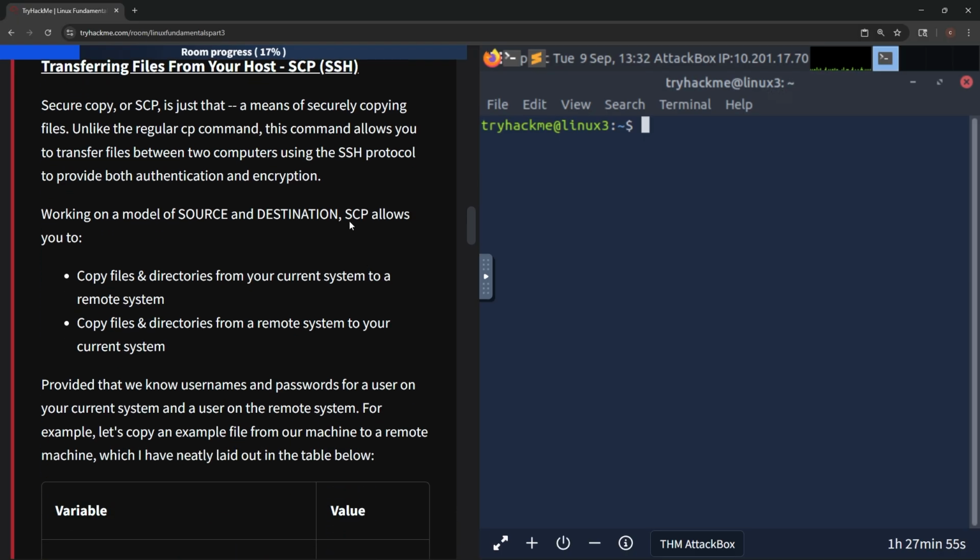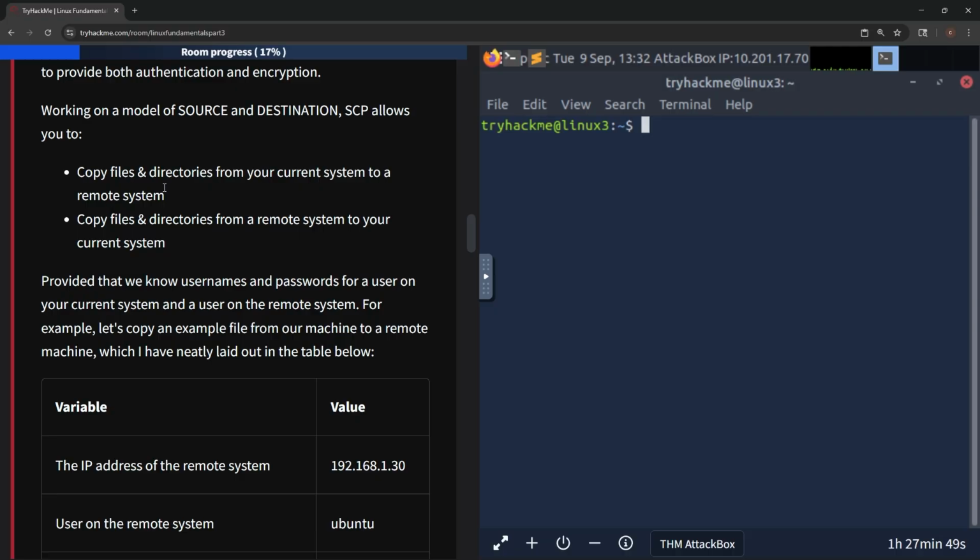Sounds convenient, right? Working on a model of source and destination, SCP allows us to copy files and directories from our current system to a remote system, and also copy files and directories from a remote system to our current system,